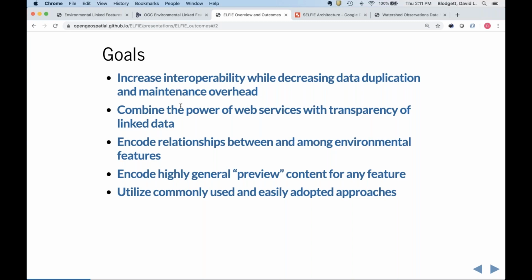To do that, we wanted to leverage the power of web services, but bring to bear the transparency of documentation that you get with linked data. And I'll allude to this again later, but we want to turn the web services inside out, and describe what the web services have in them and what they can do using the concepts of linked data and the mass market web linked data paradigm, a la schema.org and the web search infrastructure crawler concepts.